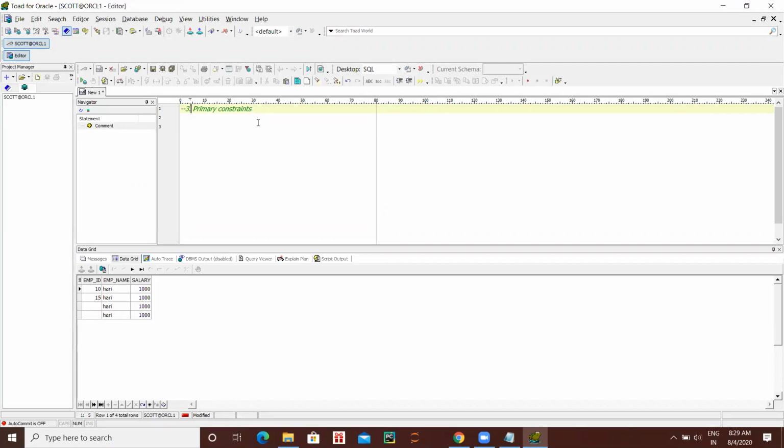If you use not null, it will accept something, but it will accept duplicates also. If you use unique, it will take unique values, but it will accept null also. We want a combination of both, not null plus unique. So that is nothing but primary key. Primary key is nothing but unique plus not null. You write in the comment bracket, primary key means unique plus not null. It should be unique and it should not be null.